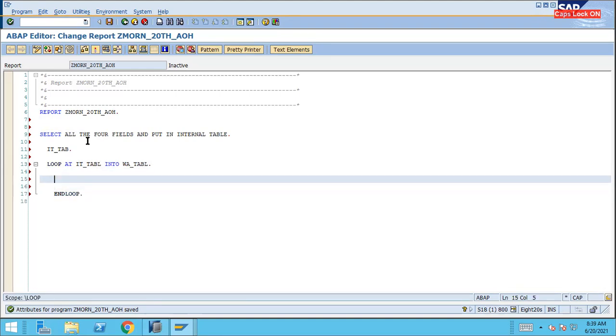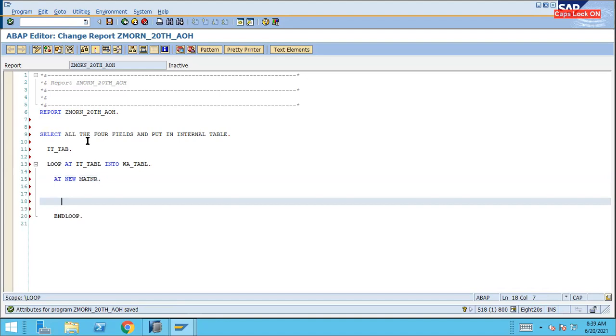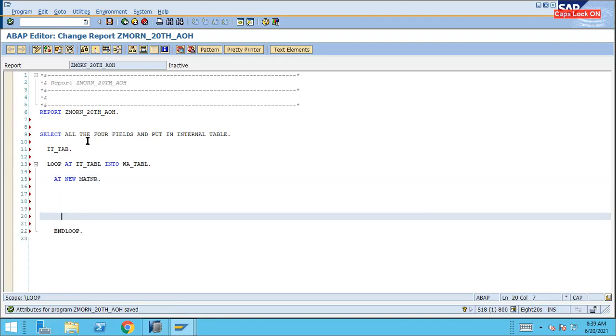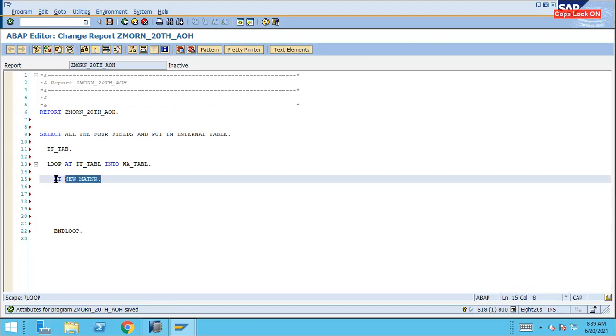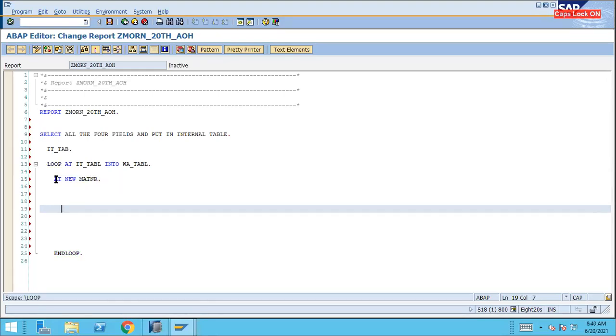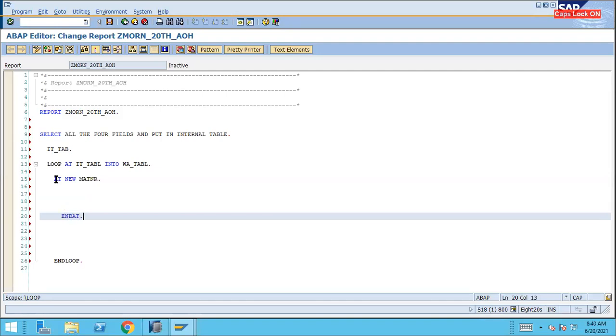Here you are going to use the AT NEW for the material. For each material node, you are going to perform the aggregation. Or maybe let's keep it simple. Whenever you are going to perform this, AT NEW will be required over here because for each material you are going to do it, and then ENDAT.